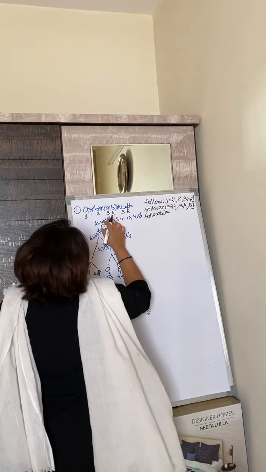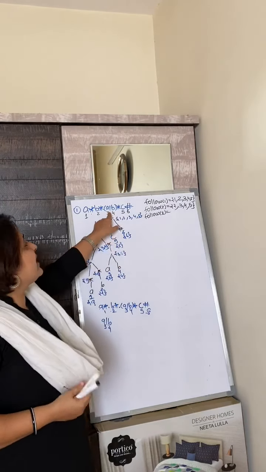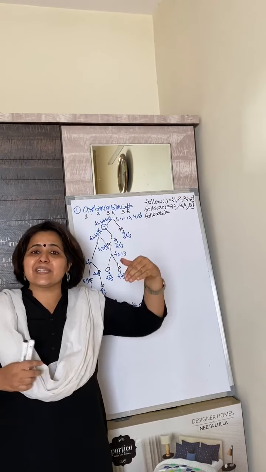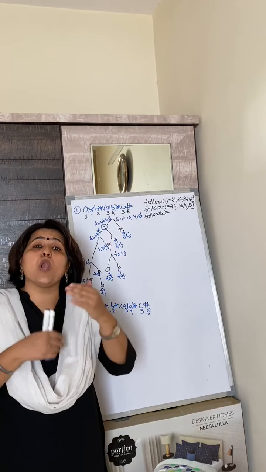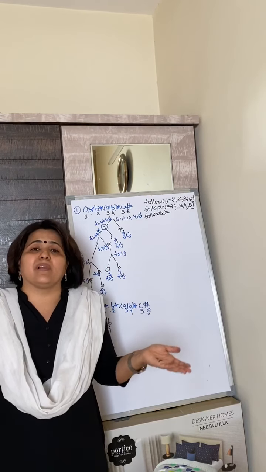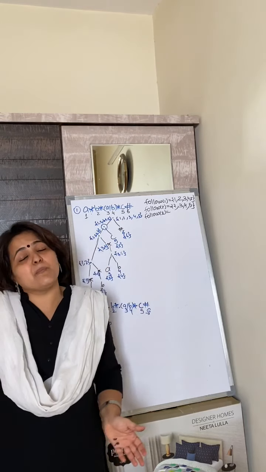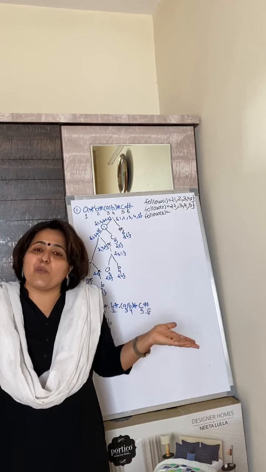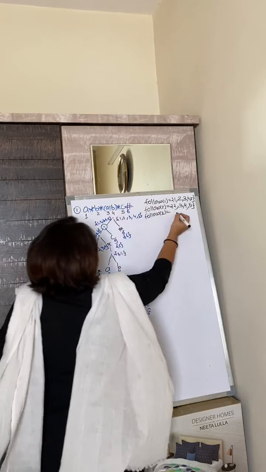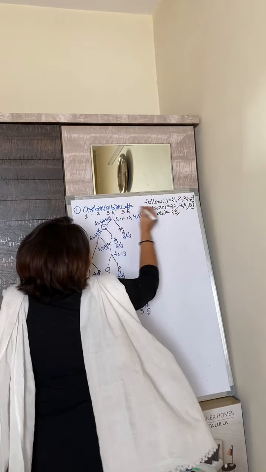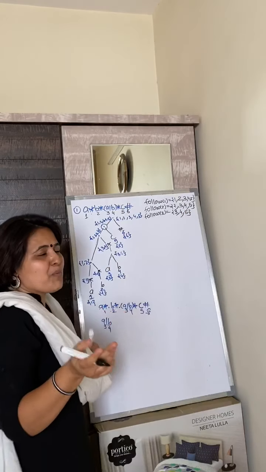Follow of 3. Who can follow 3? As we have understood in the last previous example, whenever you have A or B, either you can select A or you can select B. But when you have A or B star, it means all possible combinations of A and B are possible. So after A you can have A also, after A you can have B also. After B you can have B also, after B you can have A also. All possible combinations can be there. So after 3 you can have 3 also. After 3 you can have 4 also, and finally you can have 5 also. But after 5 no symbol is possible.